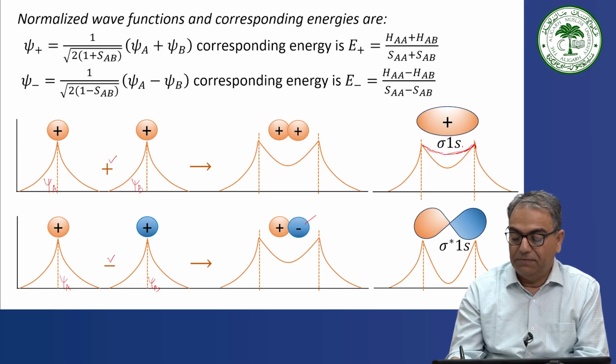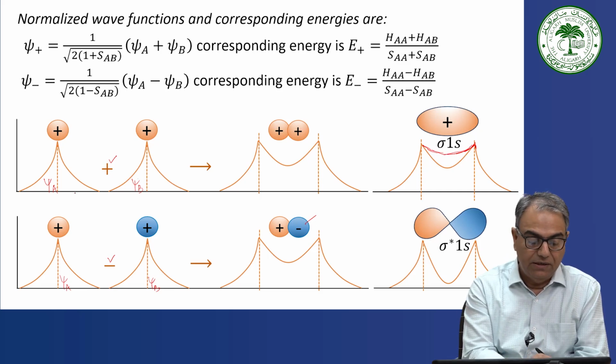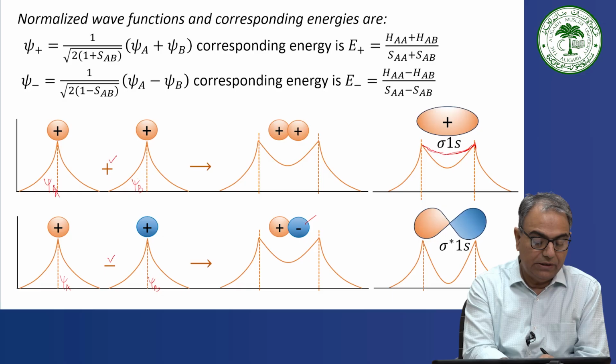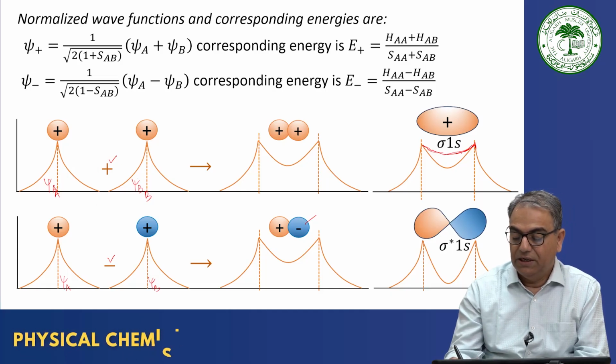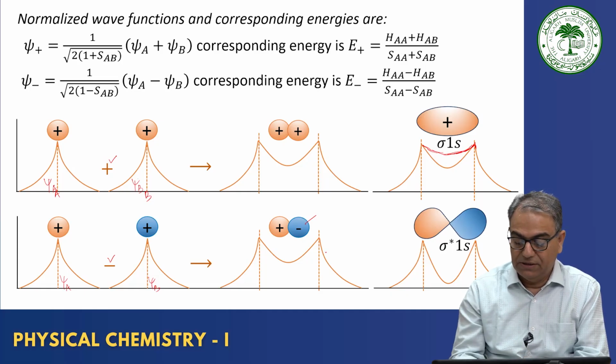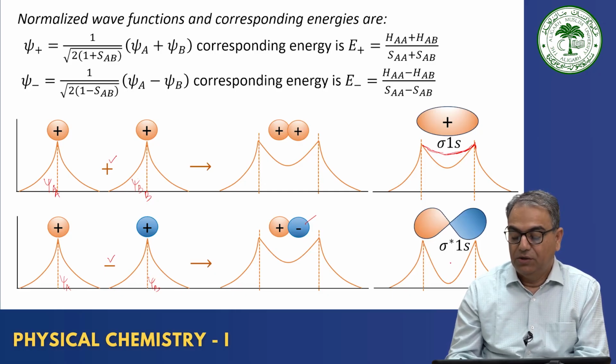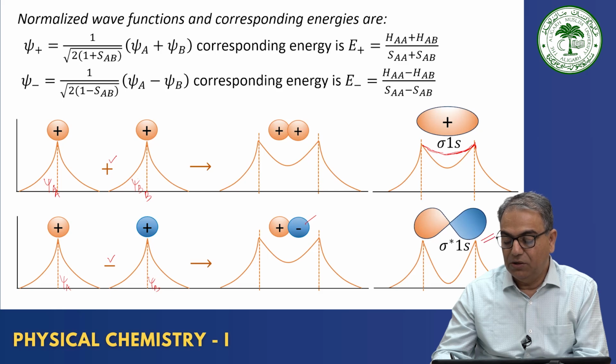So electron density is higher here, but if this is your A nucleus and this is your B nucleus, then in between the nuclei there is very negligible electron density. Now here you see it's a huge rise in the electron density. And as compared to this stage where it is being formed, the electron density further decreases when the molecular orbital is formed. So we say this to be the anti-bonding molecular orbital and this to be the bonding molecular orbital,